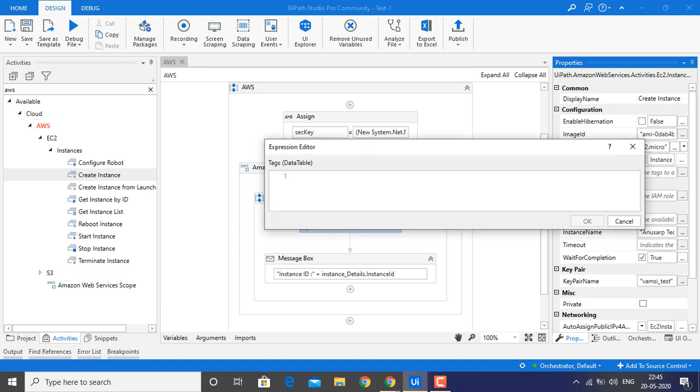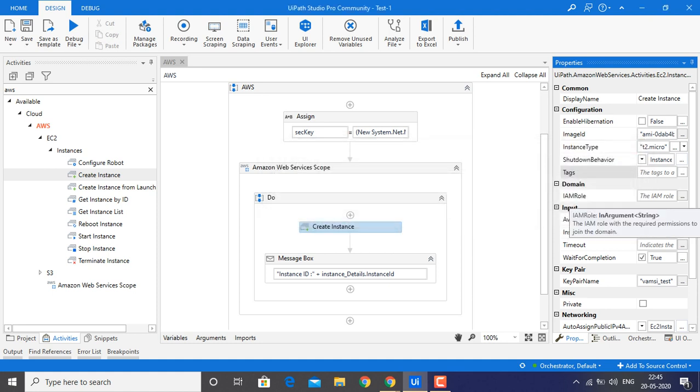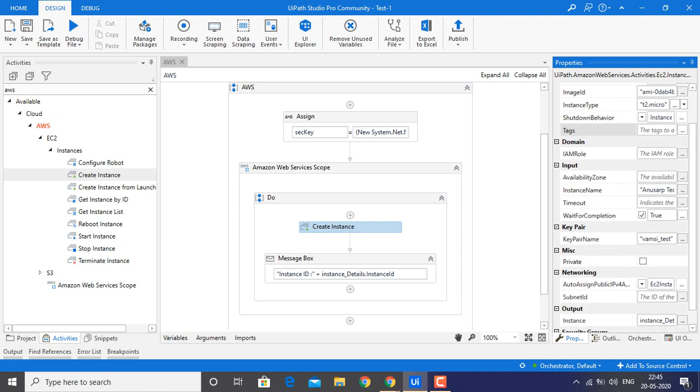If you need to mention any tags, you can provide them. Right now I am not providing any tags. If you are an expert in AWS, you will understand the IAM role. I am providing the name as Anusarp Tech, and timeout is not needed right now.